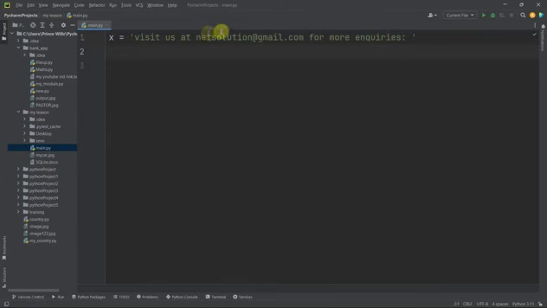Now I want to write code that will extract this Gmail out of the string. Now to do that, we will say